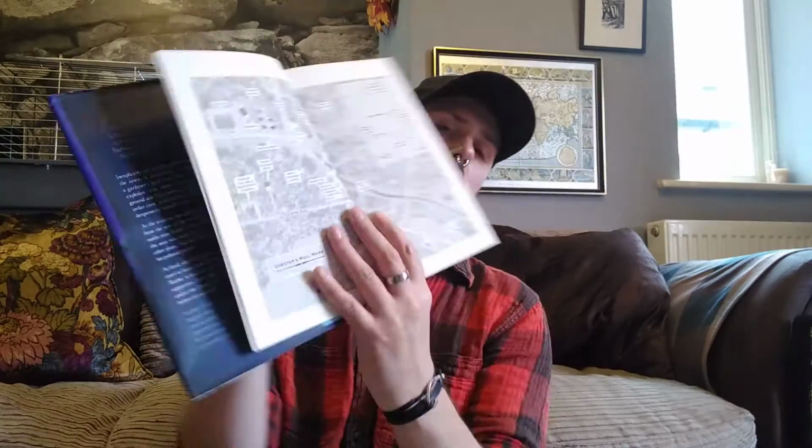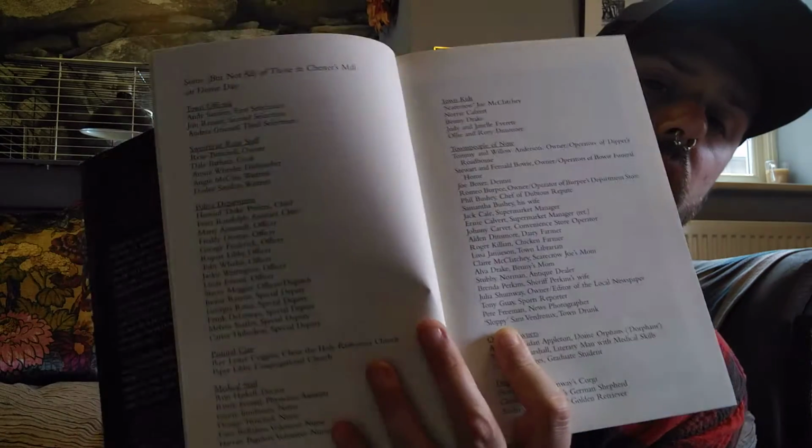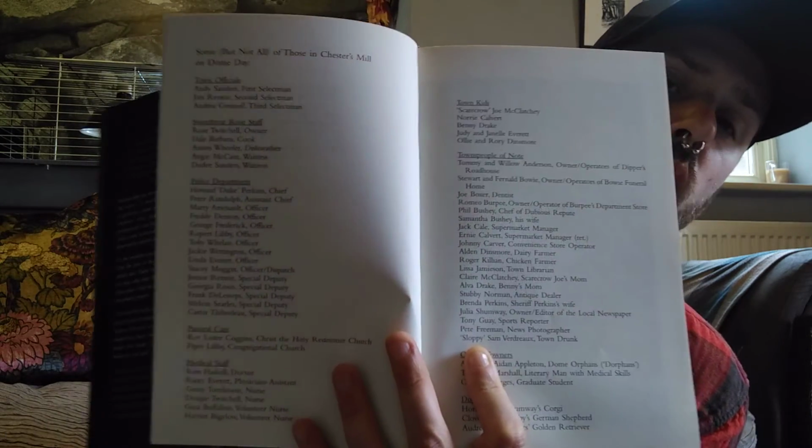It's quite an epic read though. I mean, it has a map for a start. Any book that has a map means you're in it for the long haul and there's some work to be done. So yeah, there's the map of the town, and there is also a list of protagonists and where they work, where they live, what they do, kind of stuff. It's okay in...